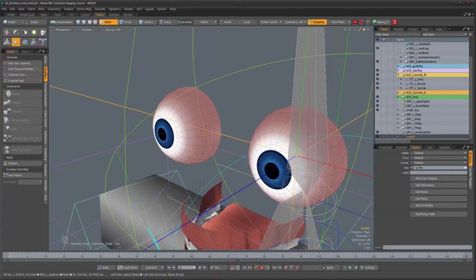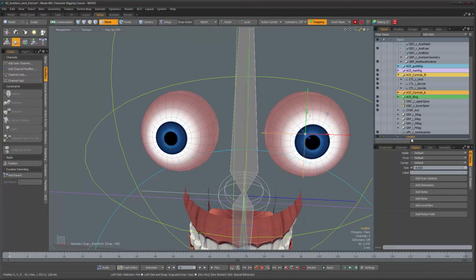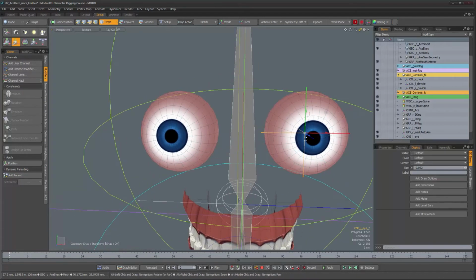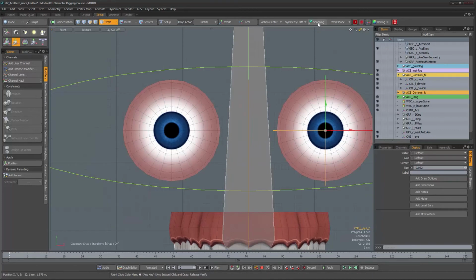Let's make our locator smaller, more or less the size of the eye, something like that. And we're gonna call this guy CNS because it's gonna be constrained. You're gonna see that in a minute. This guy is the left side eye. Okay, we're gonna duplicate it. Let's go back to our front view, and we're gonna take the duplicate, turn back on snapping, but we're gonna